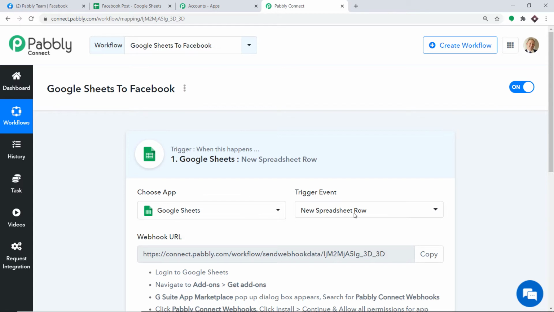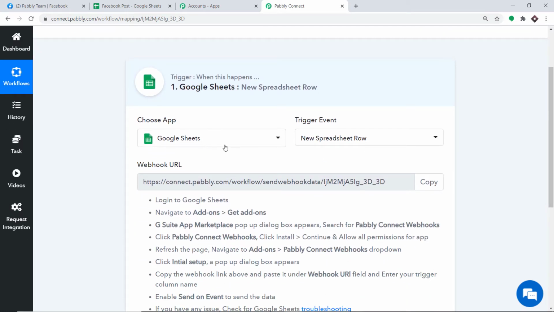So your obvious question is, what is a trigger event? Trigger is basically an if statement. It asks a question: if the condition is met, what should be done? For example, if a new spreadsheet row is created, then what action should be taken by the system? At present, there is only one trigger event, that is new spreadsheet row. In case you want more triggers of your choice, you can make a request to our team at admin@pabbly.com for the specific trigger that you want to build. But at present, I just want to send the data when a new spreadsheet row is made in Google Sheet.